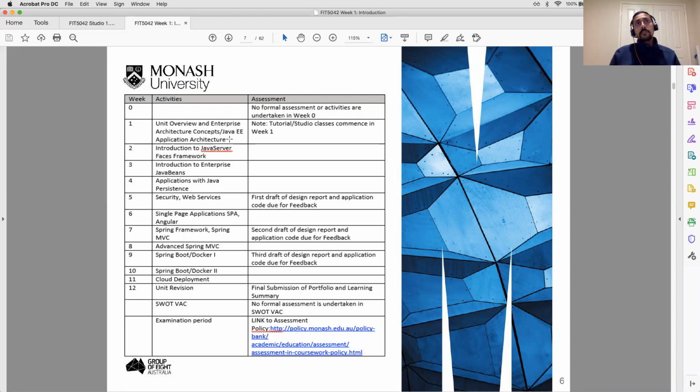In week 7, we'll start with the Spring Framework and Spring MVC. And in week 8, we will use Spring MVC. Till week 5, we'll be using Eclipse as the IDE and GlassFish as the web server. When we go to week 6, Angular, we will use